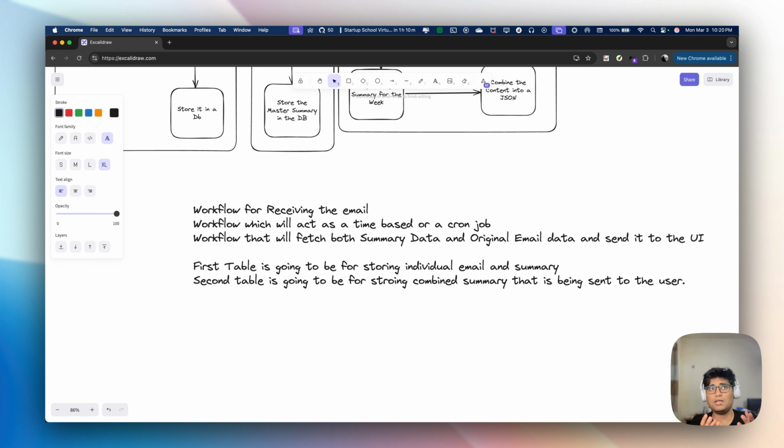And if you wanted to write the backend code to do all of this, you would not only have to create a mail server receiver, you might have to configure your own receiving server. Then you might have to set up a cron job yourself, not to mention all the async await functions that you might have to write for it. And then you have to configure a Postgres database or any NoSQL database you want to build on top of. You need to configure that database and then write 3-4 functions to fetch that data again. So what WorqHat essentially does is it takes away that entire load of creating so many functions